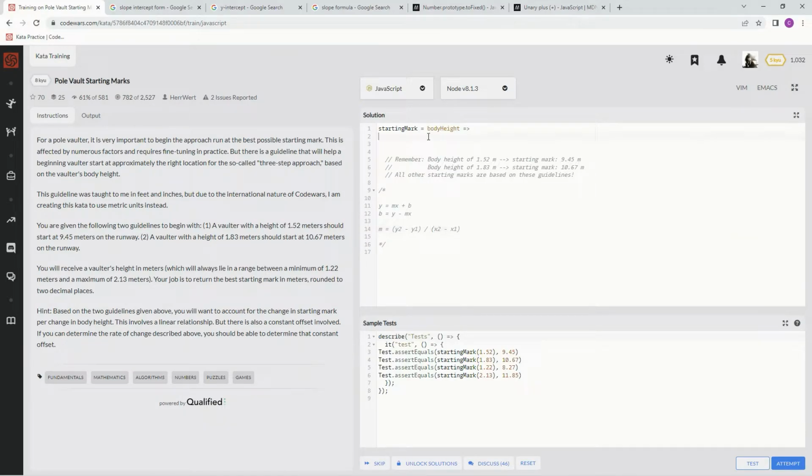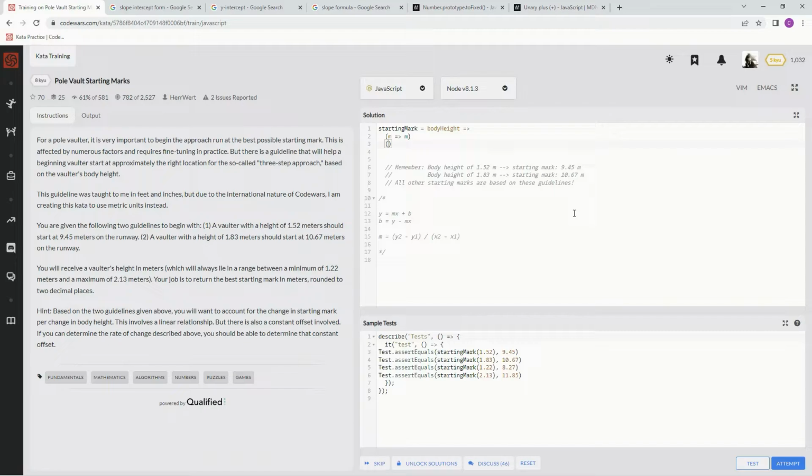So that being stated, we're going to start by having an embedded function right here. And so we're going to have the embedded function of m, all right? First we need to find out what m is. So down here, in another set of parentheses, we're going to say y2 minus y1,